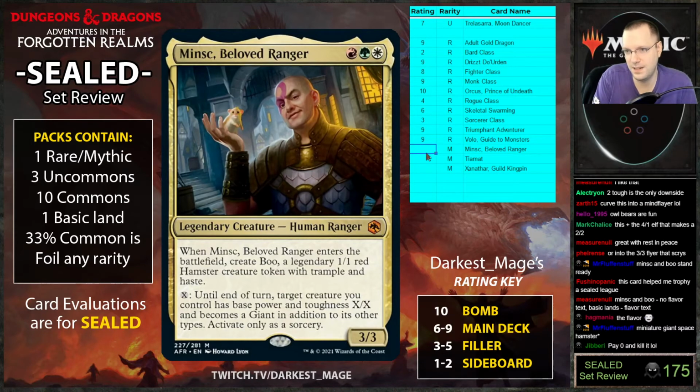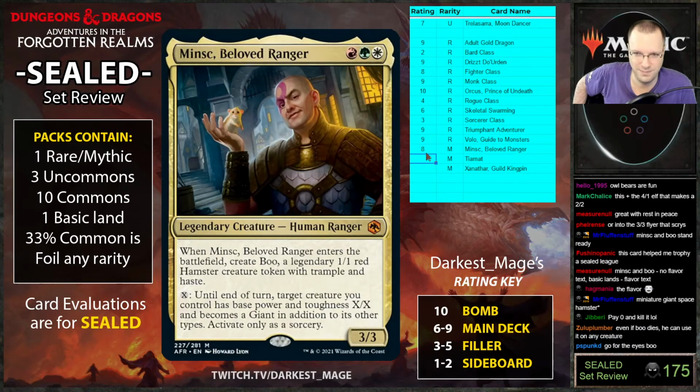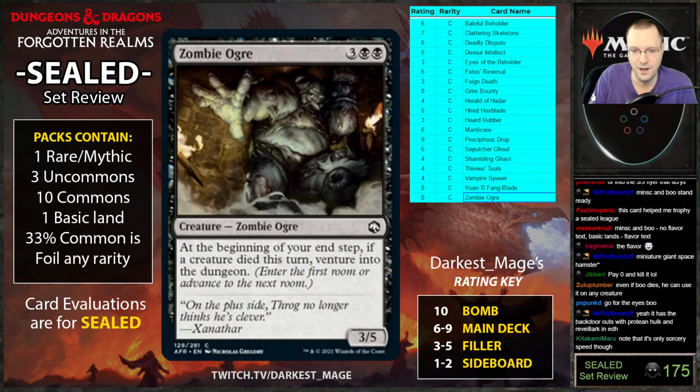But at the end of the day, if it dies, then you have a 1/1 left over, I guess. Pay 0 and kill your creature? Wow, I didn't even think about that. Jabari, that's a good point. This is technically a sacrifice outlet. You can just munch your own creatures if you had a death trigger. Like if you had a zombie ogre in play, I mean, you could technically kill your...